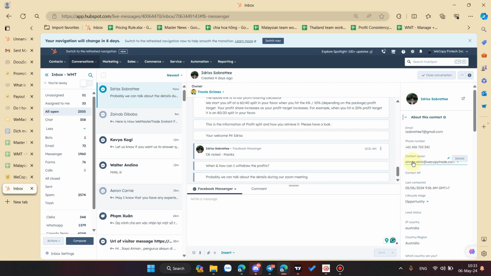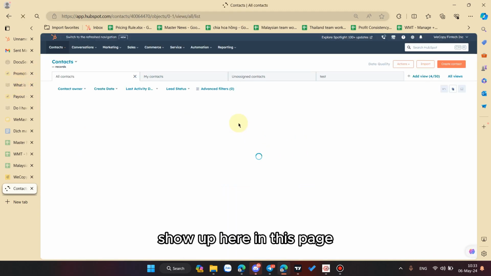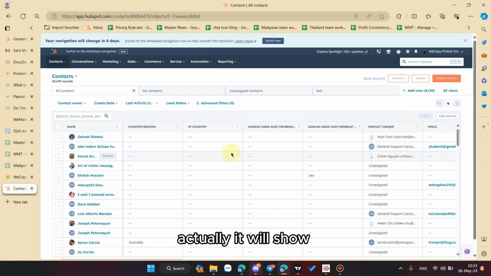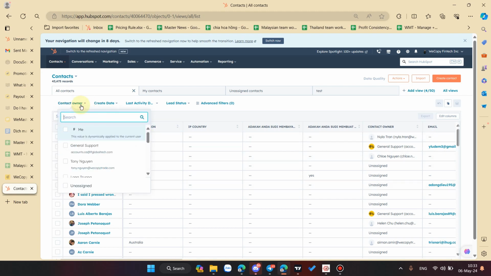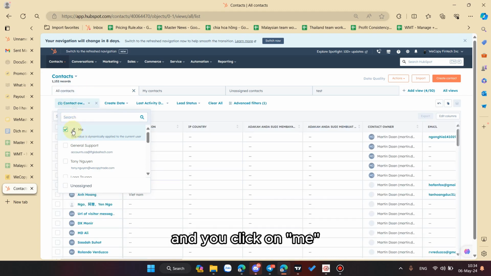Once the data belongs to you, you put the contact owner. It will show up on this page. Actually, it will show any contact that has ever come to us. It will appear in this section, and you can check whose contacts belong to you by clicking on the contact owner and clicking on me.